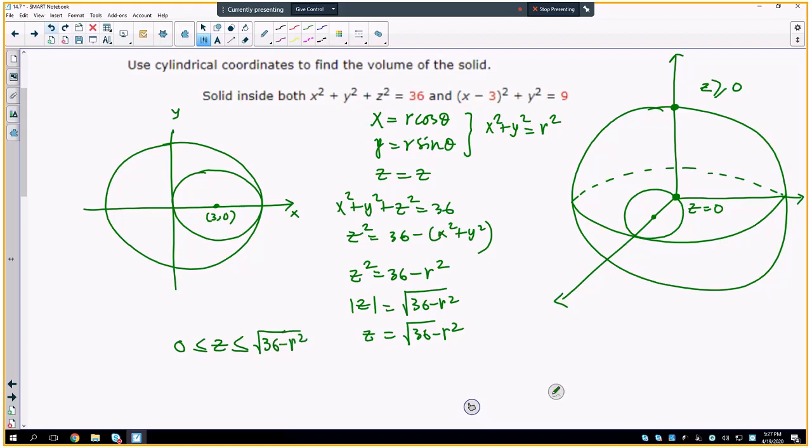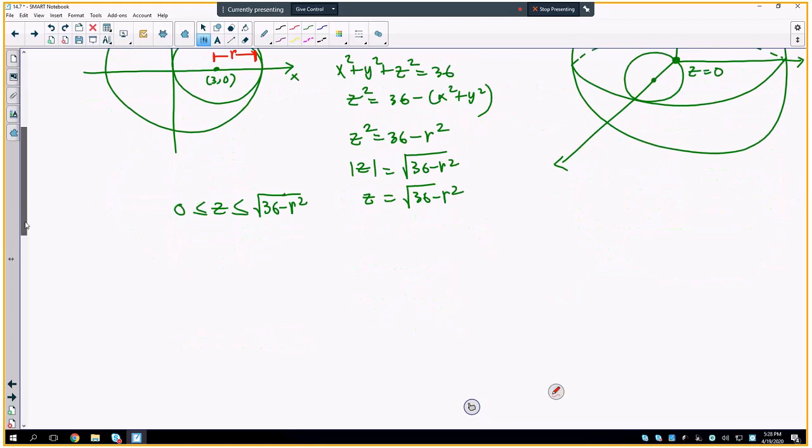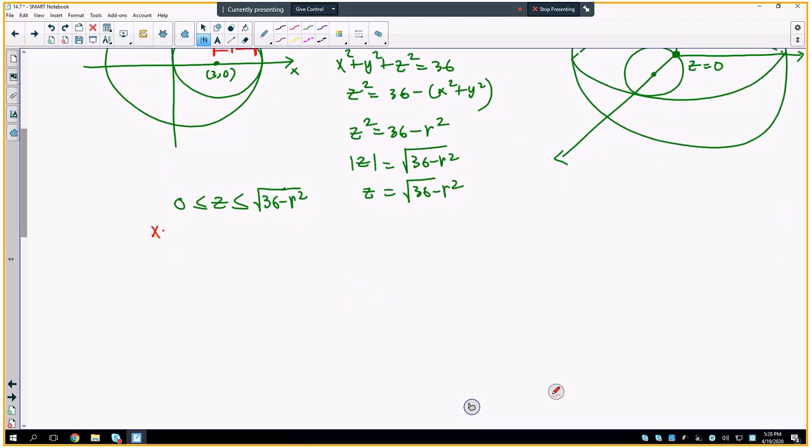So now we are going to find the limits for r. Remember, r is going to be the radius of this smaller circle. So the values of r will be bounded between the center of the smaller circle and the smaller circle itself. So r is going to be between 0 and whatever the value is on the boundary of the smaller circle. So how much is the value of r on the boundary of the smaller circle? How do I find it? Well, the smaller circle is (x minus 3) squared plus y squared equal to 9. x is equal to r cosine theta, so I get (r cosine theta minus 3) whole to the power 2 plus (r sine theta) whole to the power 2